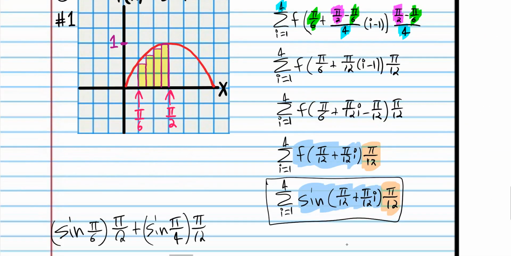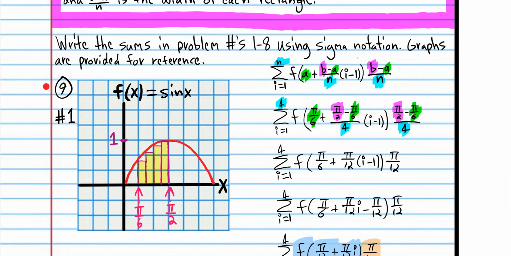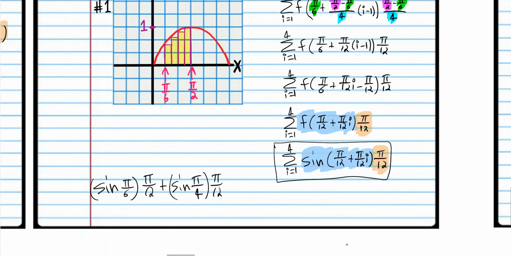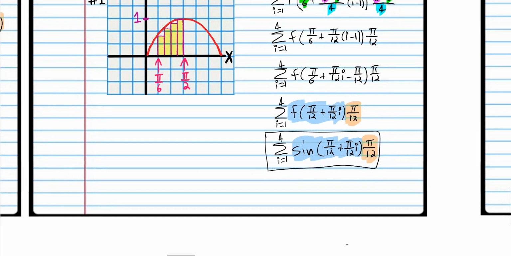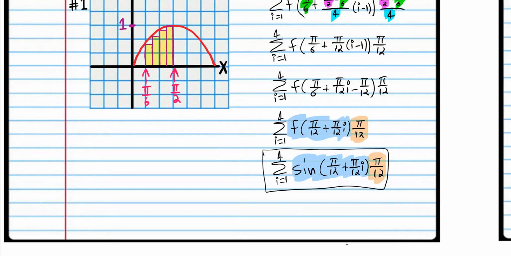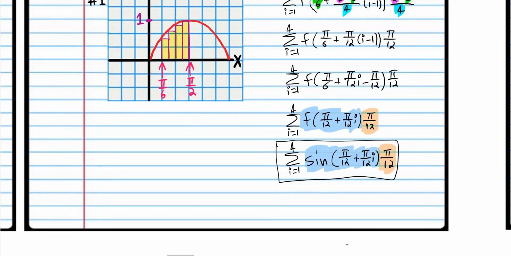You're always adding multiples of the widths of the rectangle. So I know that's pretty confusing, but that's basically how this works. If you don't quite understand that, that's okay. Very few students do when they first see this. It takes a while, like I said, to get used to the function notation. But